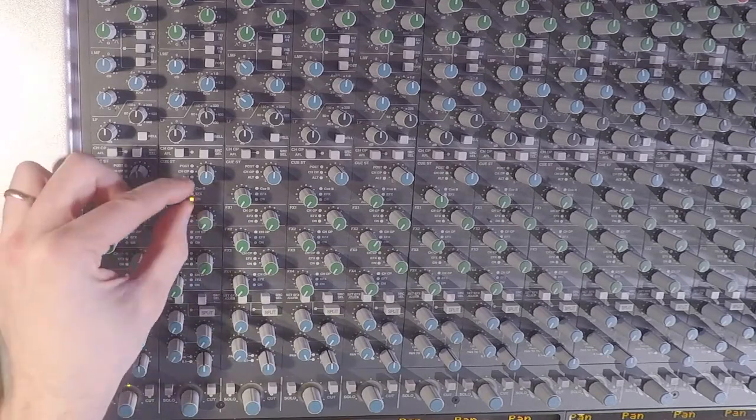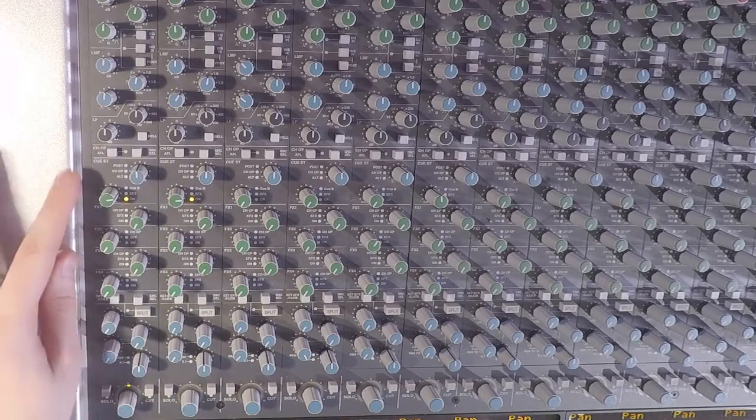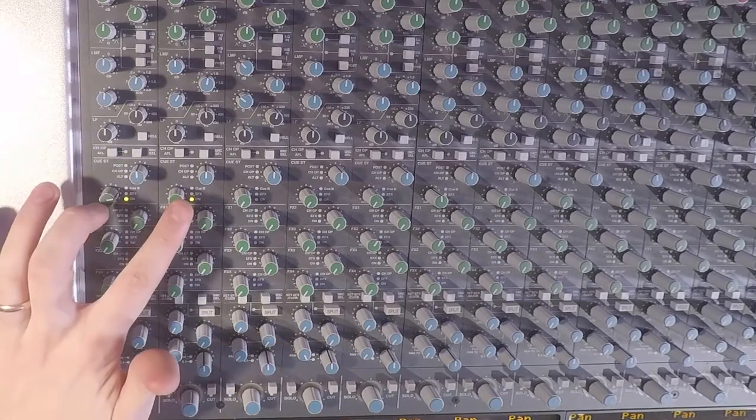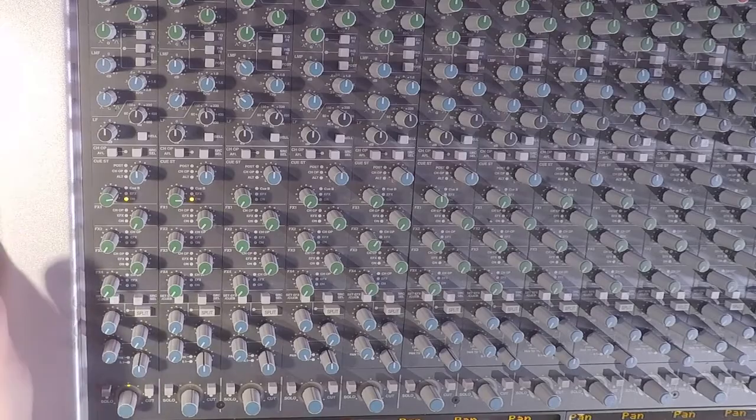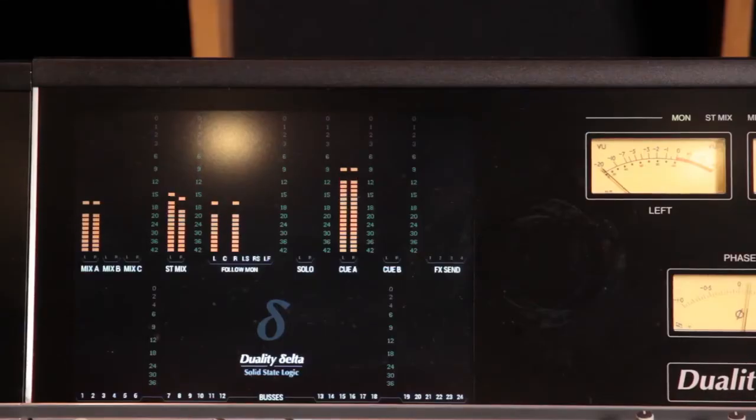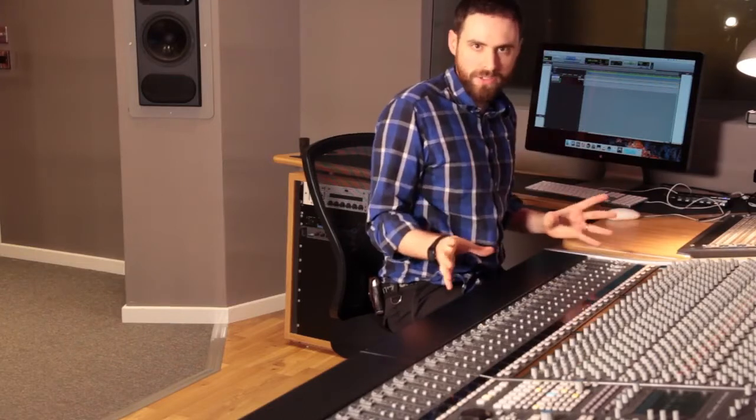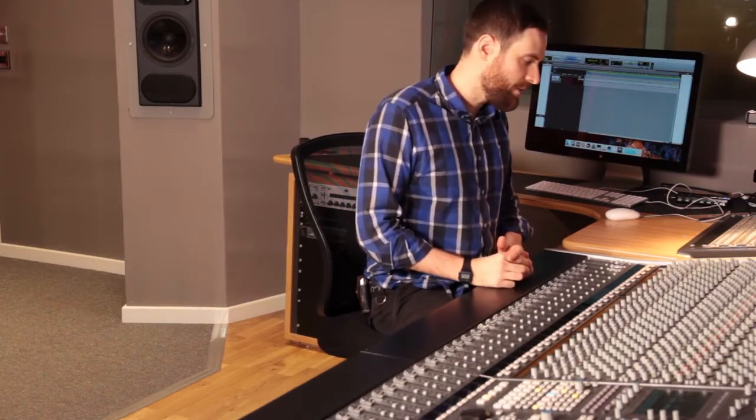We're going to turn these up so that we're going to send some of this signal on stereo QA, and if we have a look in the center section monitor meter bridge, we can see the signal is now traveling on stereo QA. There's also a master for stereo QA, which is located in the top right section of the center section of the desk. That should just be left in the 12 o'clock position,